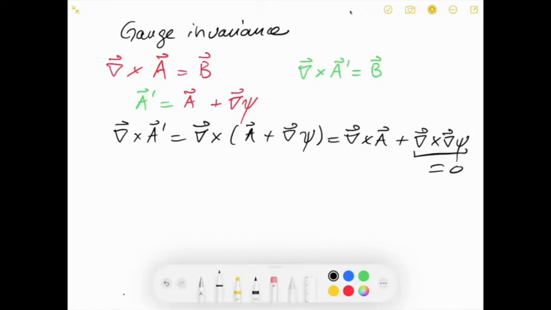That's a vector identity. So the answer is yes, we are allowed